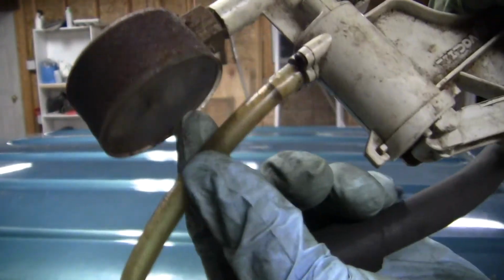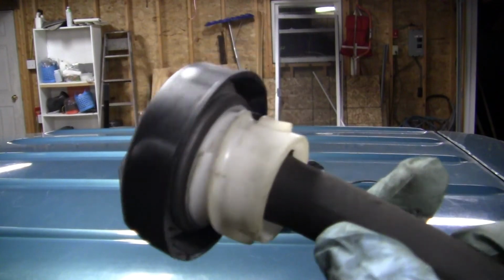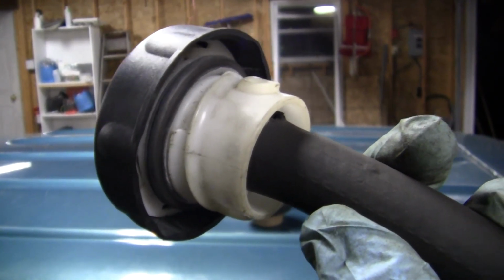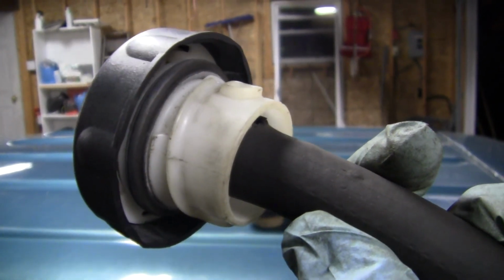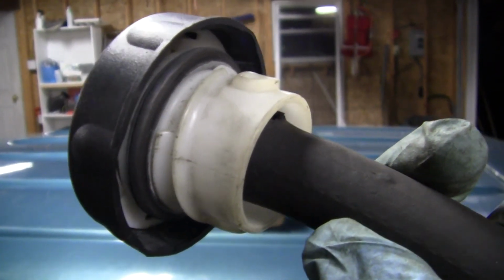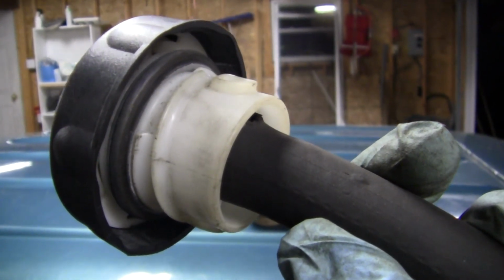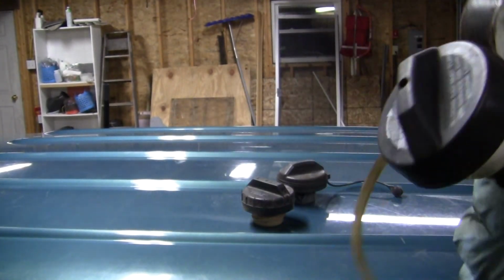Now, I'm going to switch my thing around to see about vacuum, just for my own amusement. Now, the loud hiss is the Mityvac, and the quiet hiss is the device itself, the cap. So there you go. How to use a Mityvac to check your